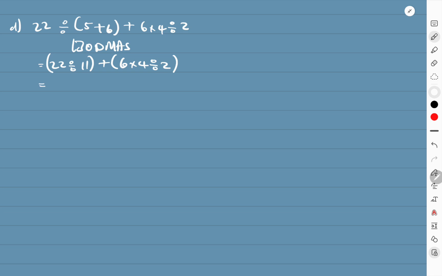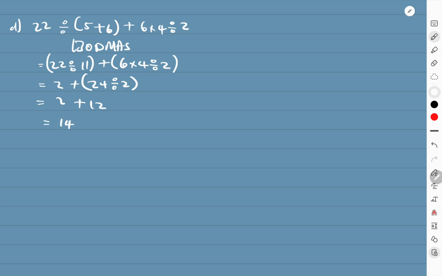I'm going to have 22 divided by 11, that is a 2, plus, and on the other side I'm going to have a 6 times 4, that is 6, 12, 18, 24. I'm going to have a 24 divided by 2 as well. I still have to prioritize that division before I can even add, meaning I'm going to have a 2 plus what is 24 divided by 2, that is a 12, and what is 2 plus 12, that is going to